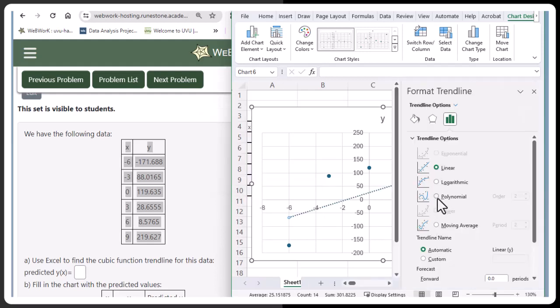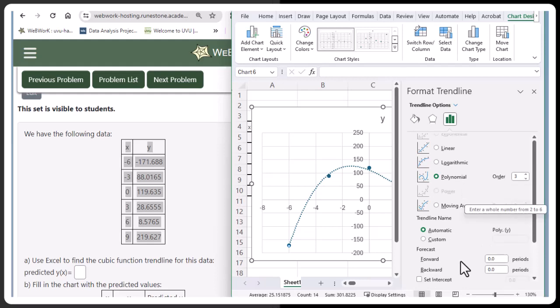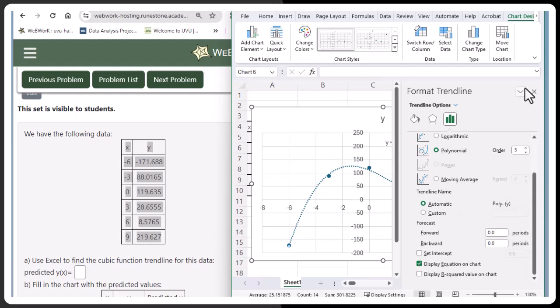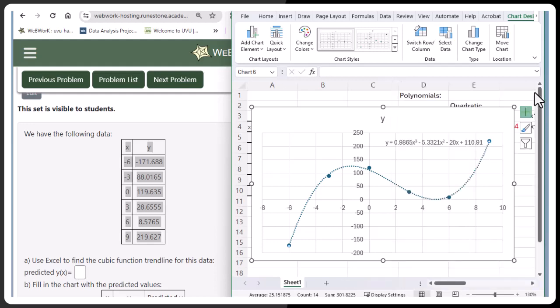Instead of linear, go to polynomial. Order 2 would be a quadratic, a parabola. I want order 3, cubic, and scroll down to display the equation on the chart. Let me put that menu away. There's my equation. If I copy this,